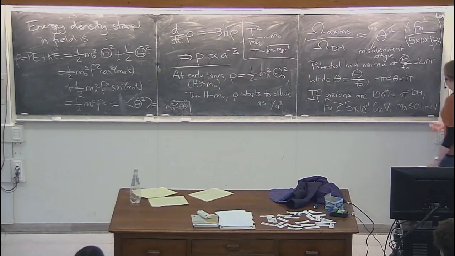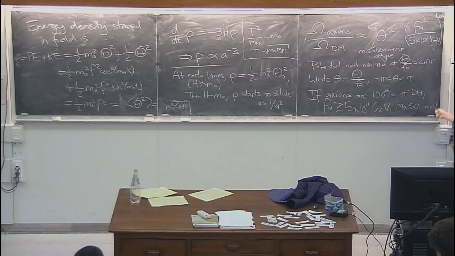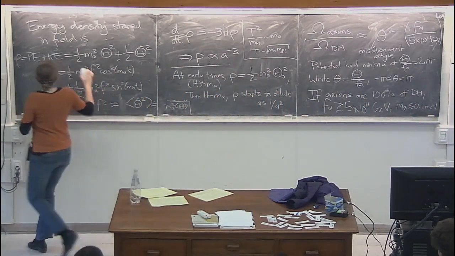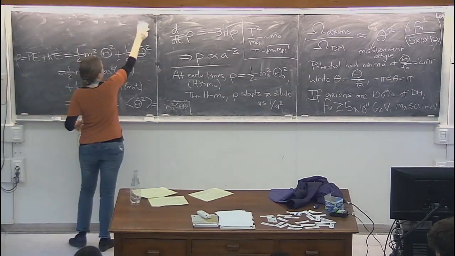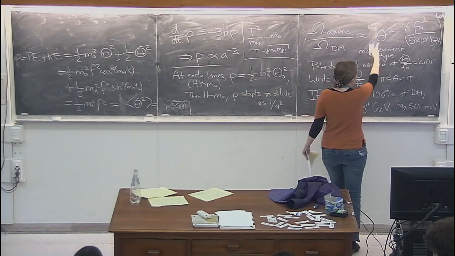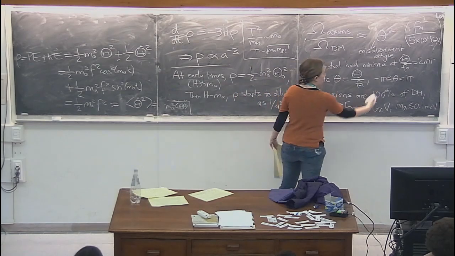So you might ask, hang on, can't we do a little bit better than this? I've said this is an upper limit, but isn't there a naturalness argument here that theta, sure, it can take any value, but it ranges from minus pi to pi. So wouldn't you expect it to be an order 1 number? Well, there are really two possible situations here that people talk about.